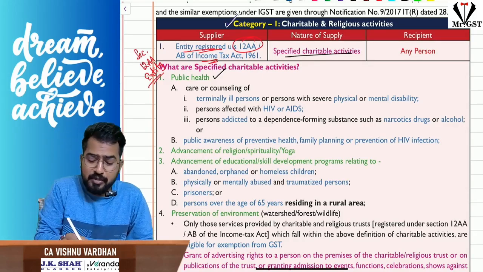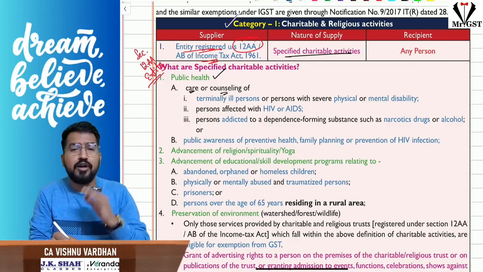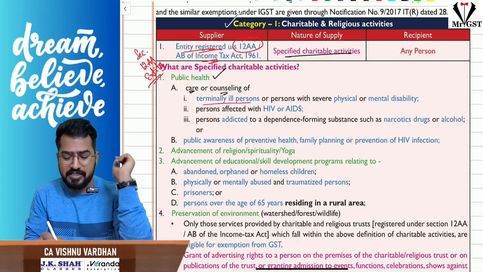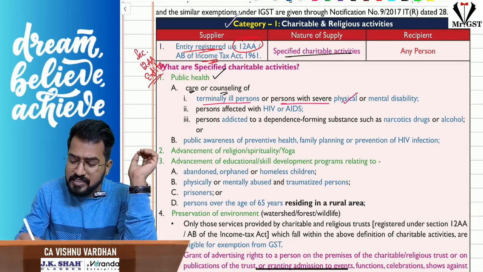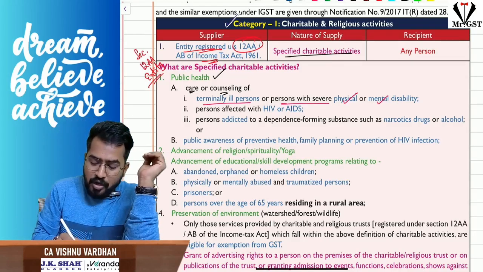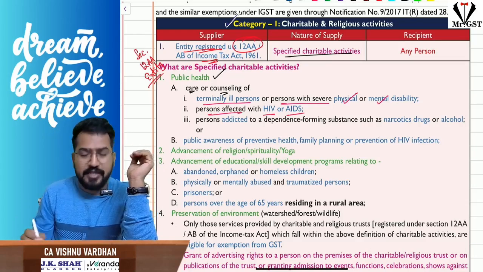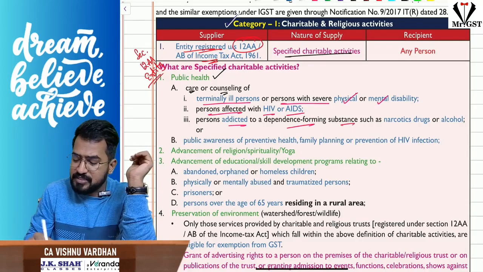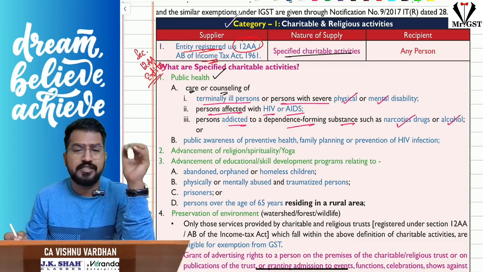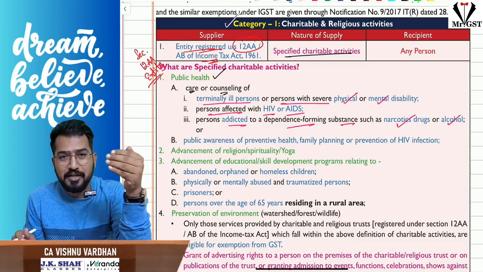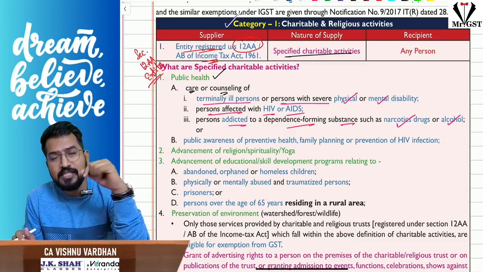public health is with respect to what? They are taking care or counseling of whom? Care or counseling of terminally ill persons or persons with severe physical or mental disability. Or persons affected with HIV or AIDS. Or persons addicted to dependent substances such as narcotic drugs, alcohol, Instagram, PUBG, these types of things. For these, if they are taking care or counseling and charging consideration,